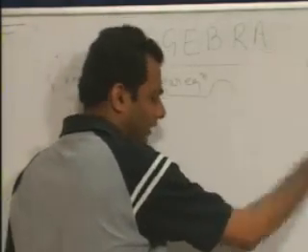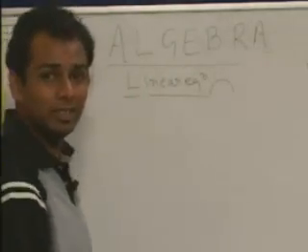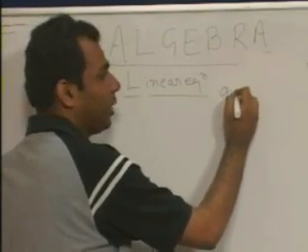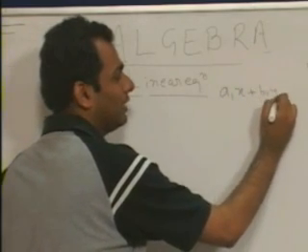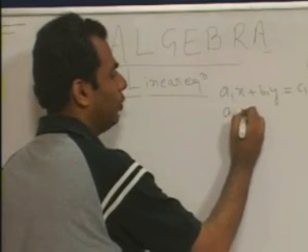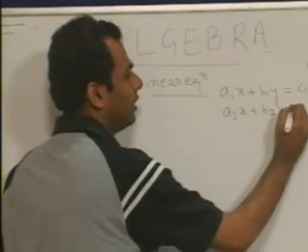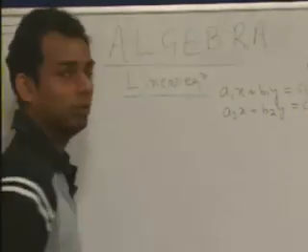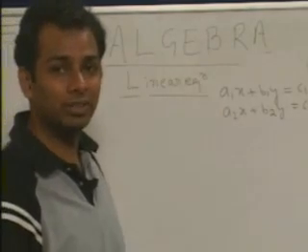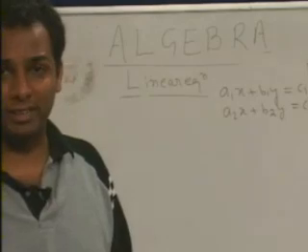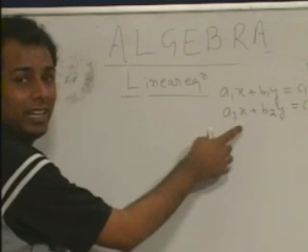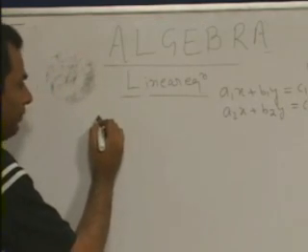Now after the integral number of solutions, just go to the very basics. Let's say the linear equation is in the form a1x plus b1y is equal to c1. The other linear equation is a2x plus b2y is equal to c2. Now these are two simultaneous linear equations, and how do we solve them? Here there are three different possibilities, because this is one line and this is another line. So if I plot the graph